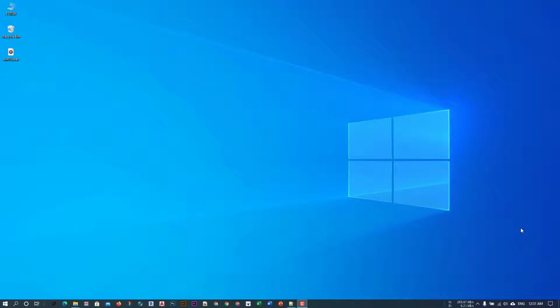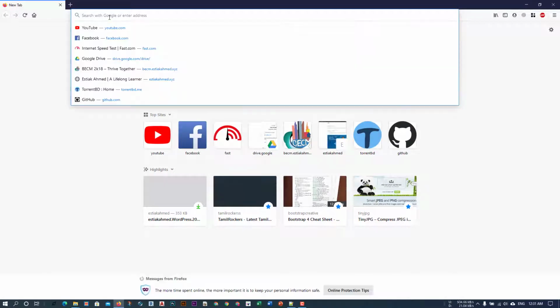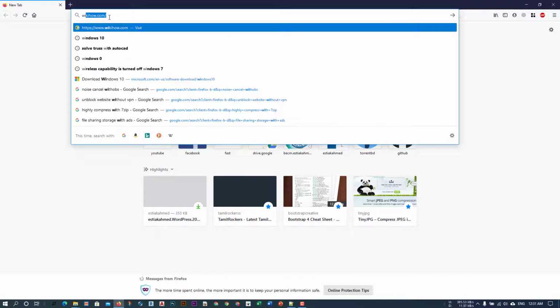Today I am going to show you how to download an ISO file directly from the Microsoft website. So I need to go to Firefox first and then search for Windows 10, okay? Windows 10,